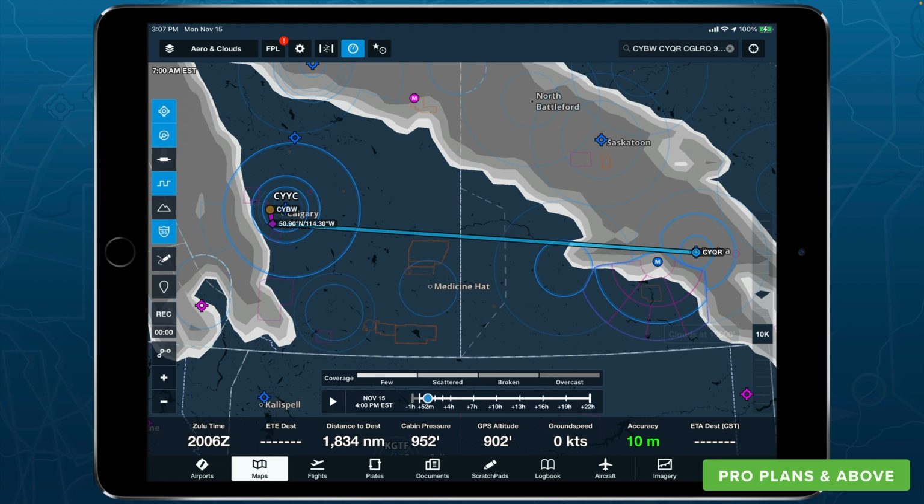It's a forecast of where the greatest probability is going to be. We get questions often in the pilot support team: I'm looking at this layer in ForeFlight, and it says that there's clouds over my airport, but I'm looking at the sky right now and it's sky clear. Well, again, it's a forecast, right? It's a forecasting tool. It tries its best to predict where those clouds are going to be, but it's not